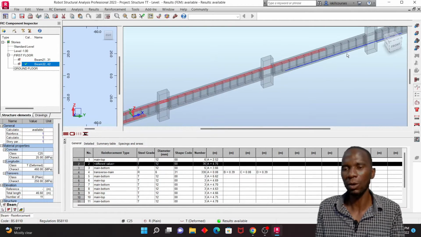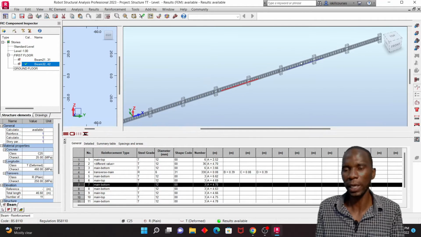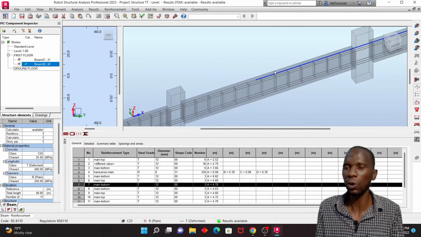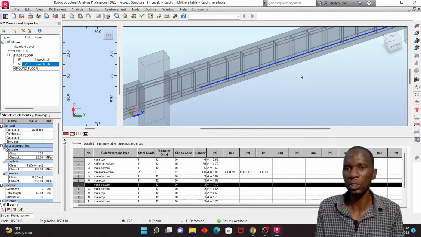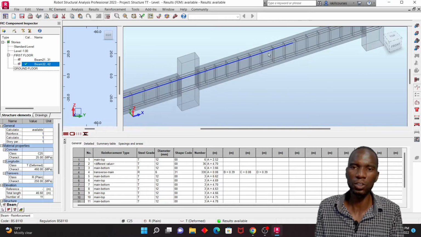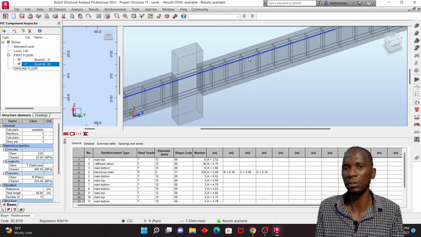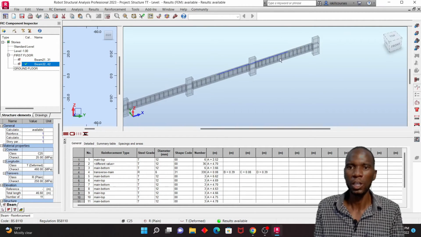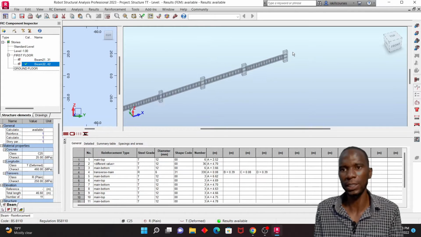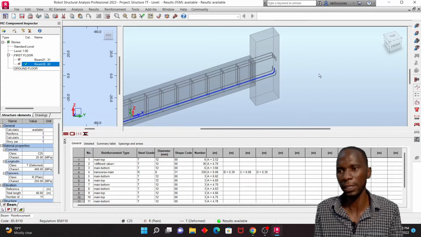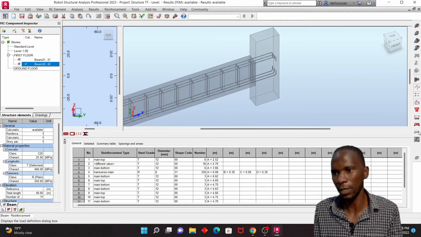So it's just a matter of now going to detailing software. It could be Revit, it could be AutoCAD, or Procon, or any other detailing software that you want to use. If you export this to Revit, you're also going to have reinforcement within the beams, and it will even be much faster for you to detail. But if you want to give these details to a detailer to start detailing properly, you can produce some rough sketches here or within